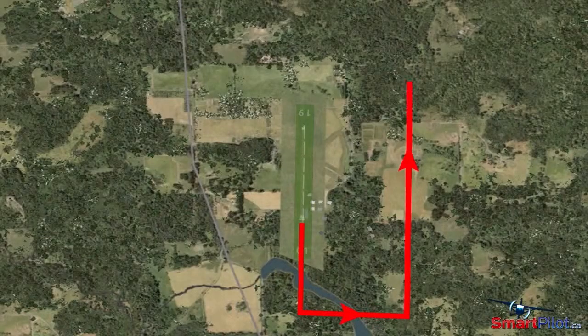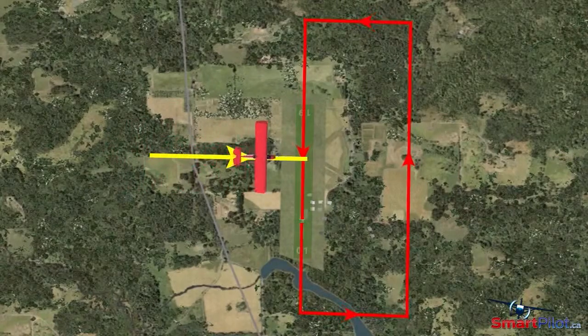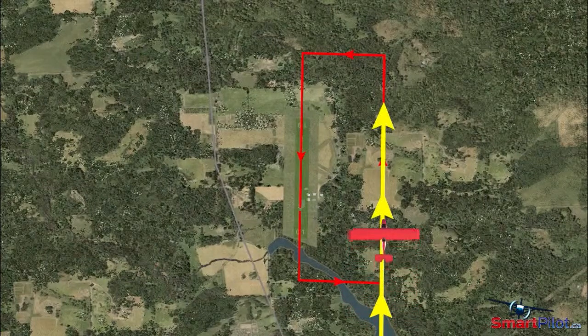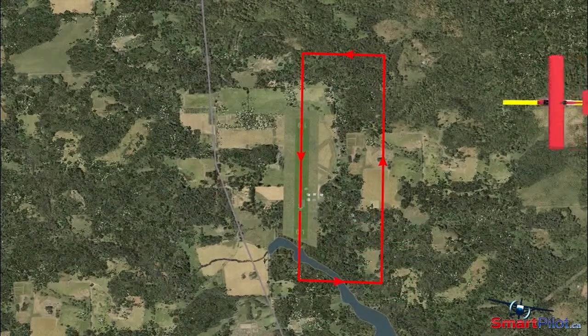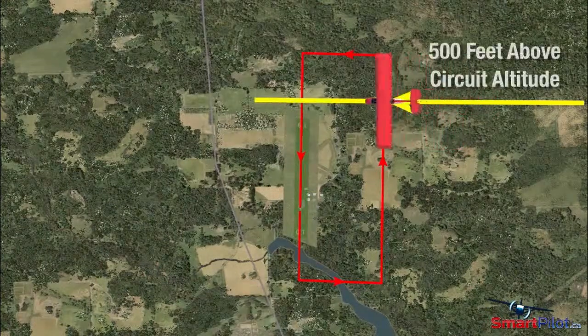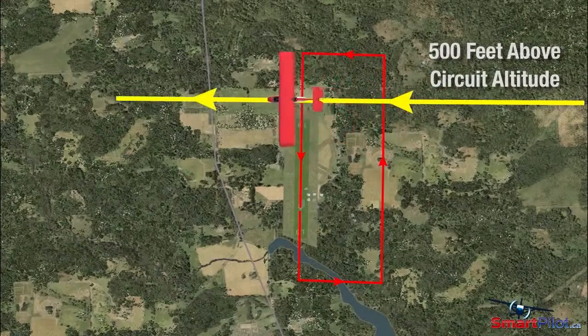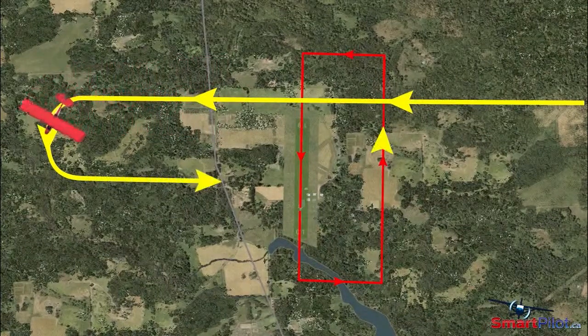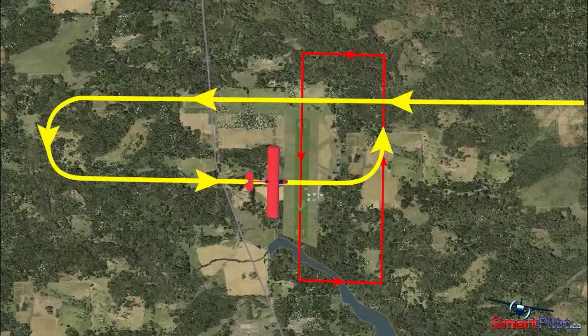The primary difference is that the entry to the ATF's airport circuit is limited to either an overhead-the-field approach or a straight-in on downwind approach. If you're approaching the aerodrome perpendicular to the runway from the downwind side, it may be necessary to cross overhead the runway in order to reach the upwind side before commencing a descent to circuit altitude. This crossing, if required, should be accomplished at 500 feet above circuit altitude. Once the crossover is complete, you can descend to circuit altitude on the upwind side, as per the regulations, and perform a 180-degree turn to recross the runway at circuit altitude, and then join the downwind for the pattern and